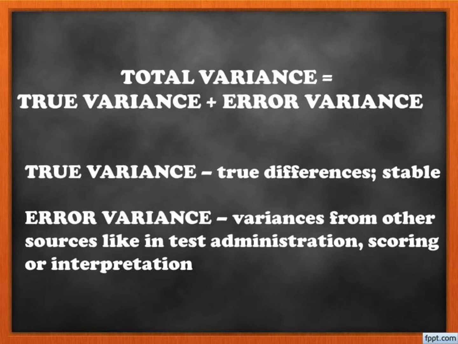The true variance refers to the true differences on the score, or it is more stable, while the error variance, these are variances from other sources like in test administration, scoring, or interpretation. Or ito yung mga walang kinalaman sa variable na tinetest. For example na lang, kung papaano ina-administer yung test, yung lugar ng testing, yung state ng test taker, or minsan nasa test construction din. So may mga questions siguro na mahirap intindihin, kaya may mga instances na hindi nagiging consistent